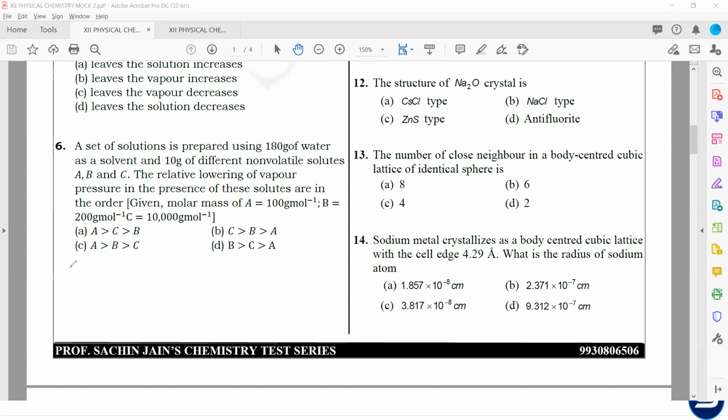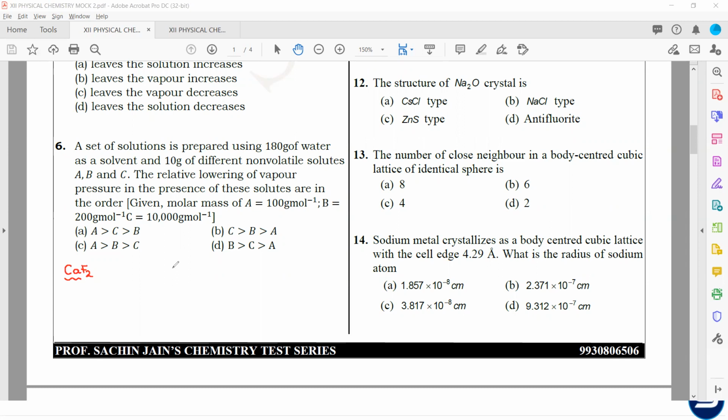So first of all, fluoride structure is for the alkaline earth metal fluorides. The most important example is CaF2. Now, fluoride is a special structure in which, when we talk about the cation and anion, generally, when we talk about the ionic solids, the cations normally occupy the lattice points or the voids.